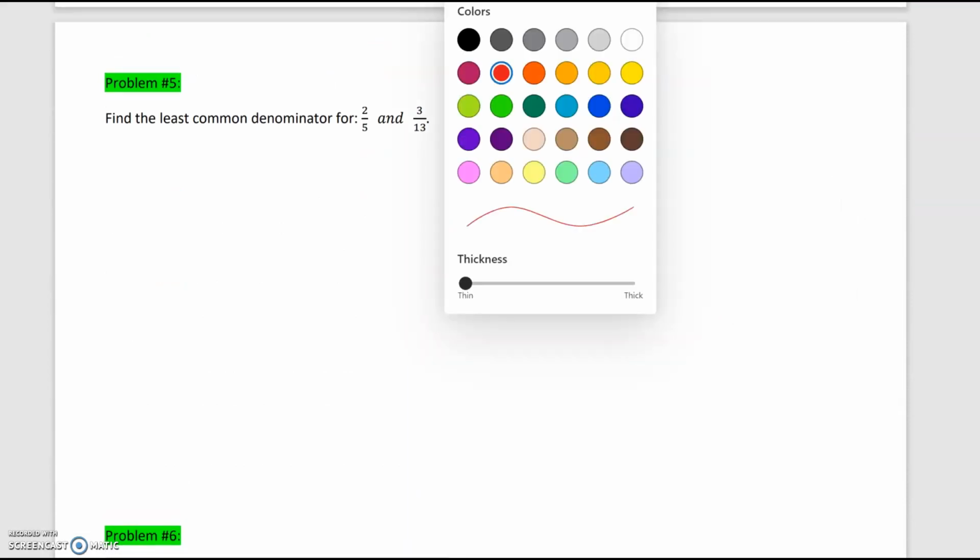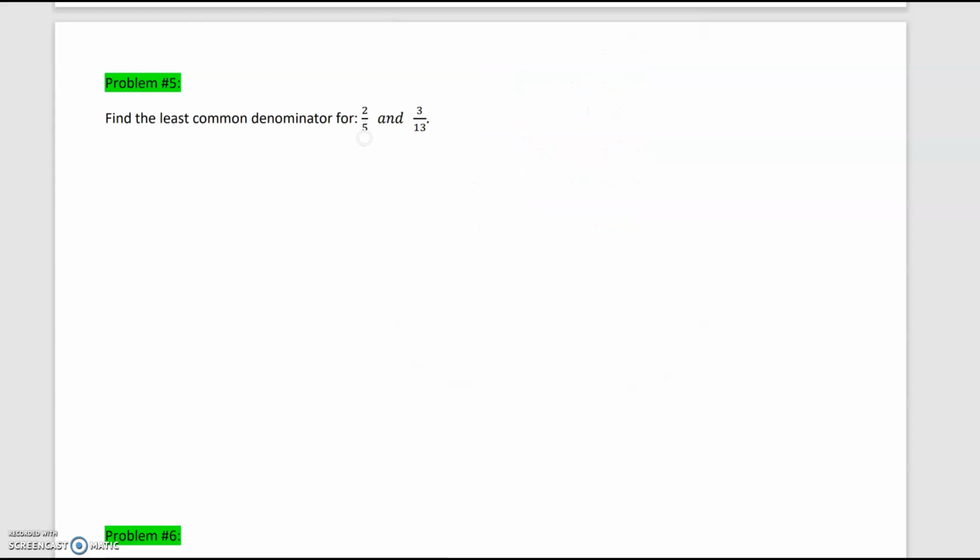Oh, but this one's actually easy. Now, notice that both fractions are already in lowest terms, so nothing to do there. So therefore, the LCD on this one is 5 times 13, which is going to give us 65. And there's nothing to do here in terms of prime factorization because both of these values are actually prime. Let's take a look at problem